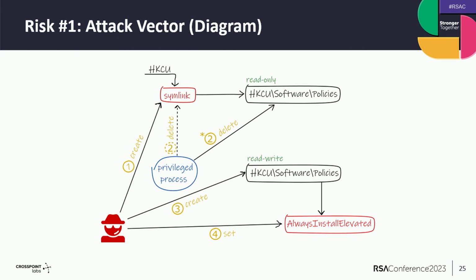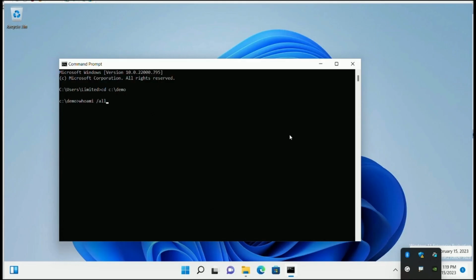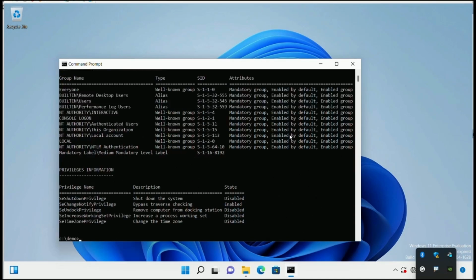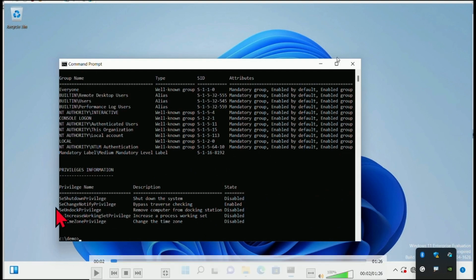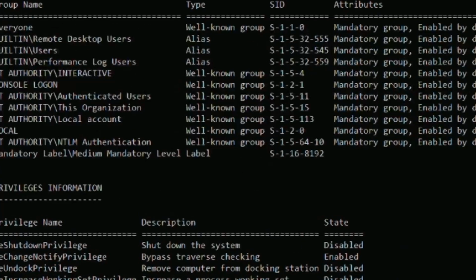Now I have a demo that illustrates that attack vector. I hope it's gonna work here. I'm not sure if it's possible to see that in the back, but I will try to use the magnifier at least. I hope this is visible from the back.